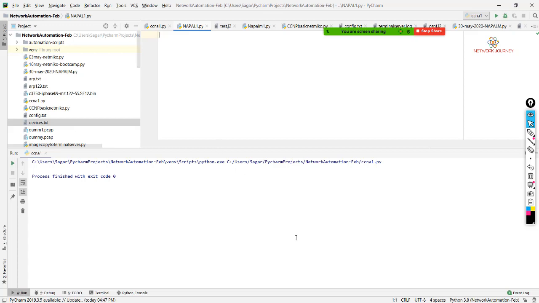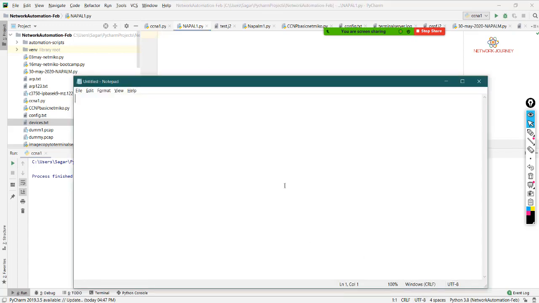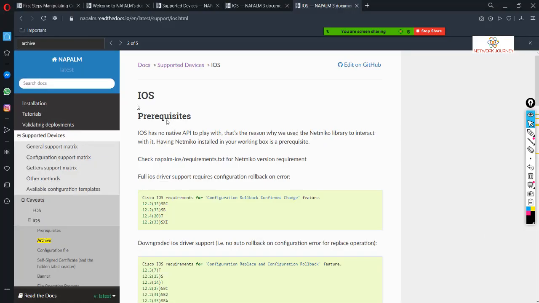And for those who are running on a Linux box, the command is pip install napalm and pip install netmiko. This is for the Linux guys, Ubuntu guys. You have to make use of the pip method, or you can also use the sudo apt command, where you can easily install NAPALM. You can find this in their documentation.